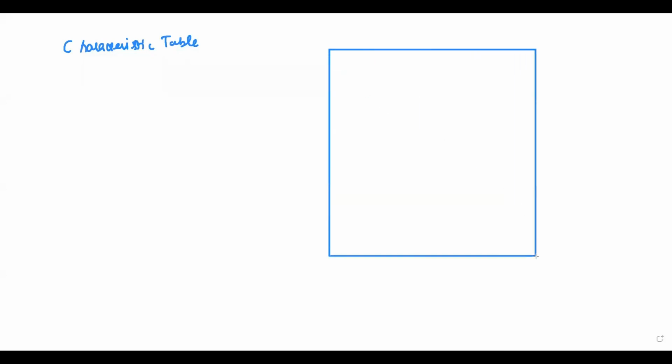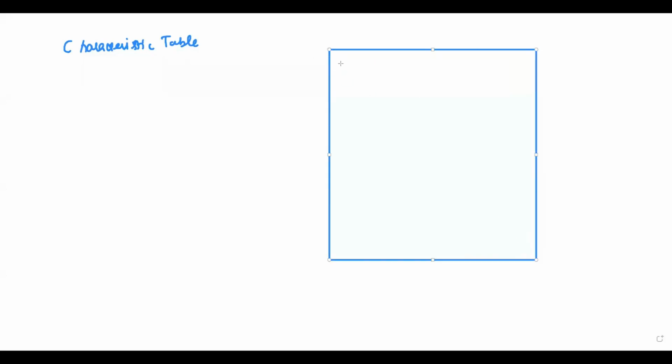What's inside the characteristic table? We would like to know how the device is going to behave when we provide these conditions. This is based on the present and next state.